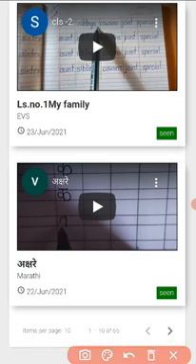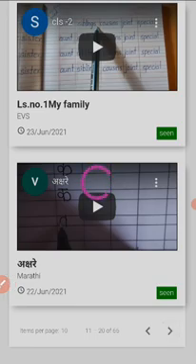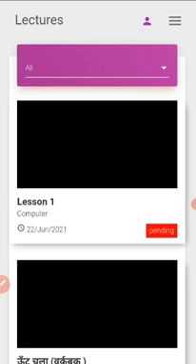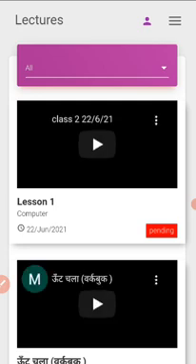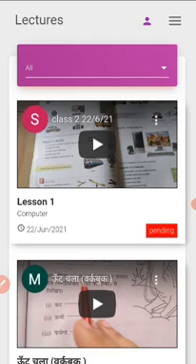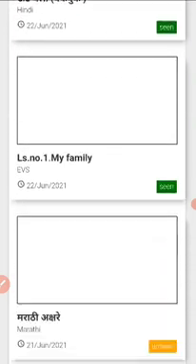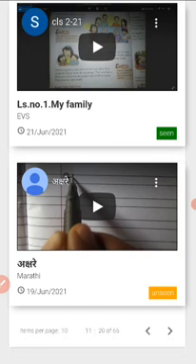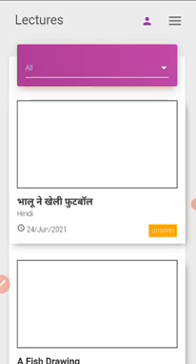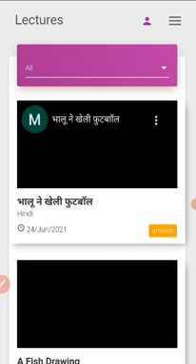If you want to go back and see the earlier videos, you can click on the front and back keys. Suppose you miss any day's videos or lectures; once you click, the earlier days' videos will also open. This is a very important and useful thing given by our school: if your child wants to revise all the lectures during the exam, they can use this app and revise all the lectures from the first day onwards, till the end. Whatever is given, you will get on this lectures page.